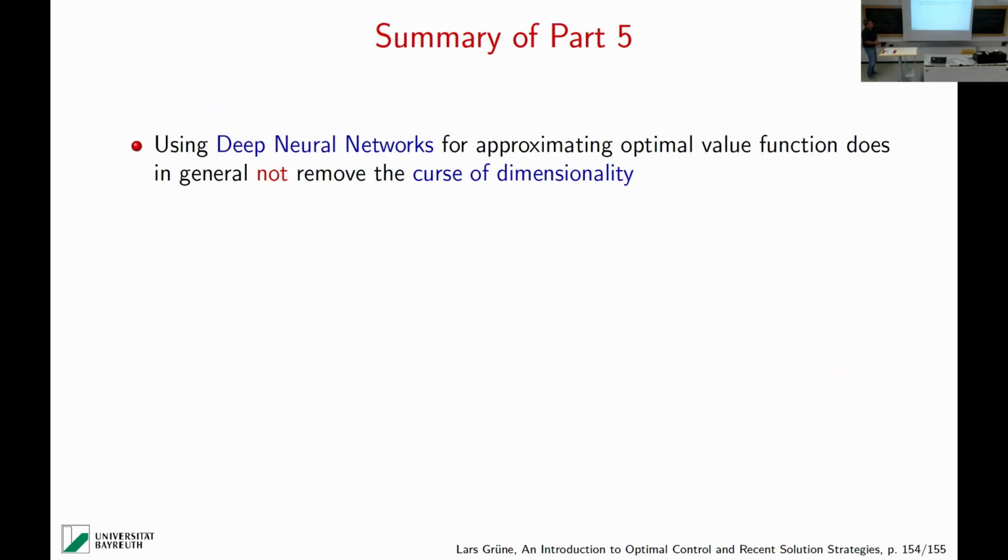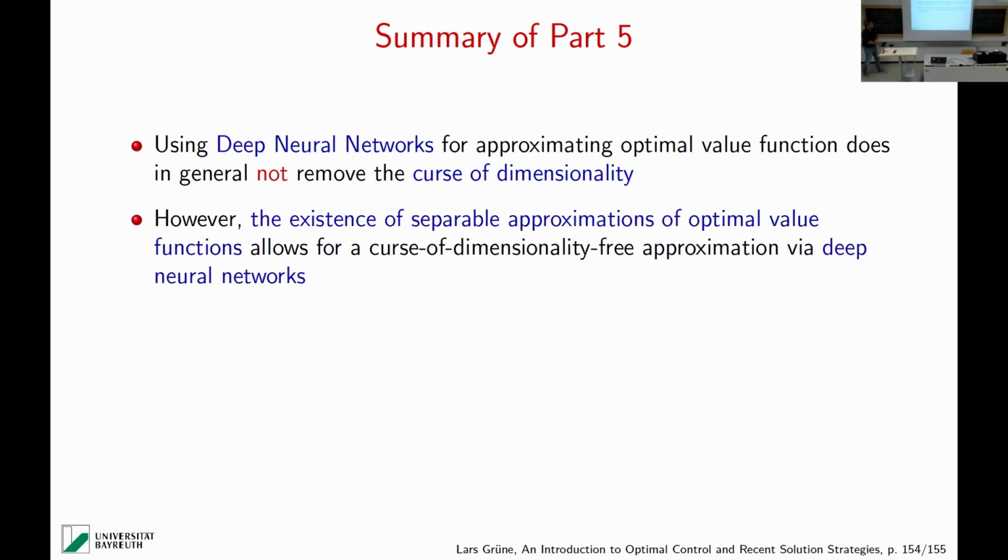Okay, quick summary and then I'm done. What I wanted to tell you is if you use deep neural networks, in general, this will not remove the curse of dimensionality, because also with neural networks, you will need an exponential number of parameters in the state dimension in order to represent the function. But if we know that the functions have some simplifying properties, some redundancy, the separable approximations, then we can actually do that. And the existence of those can be established by decaying sensitivity